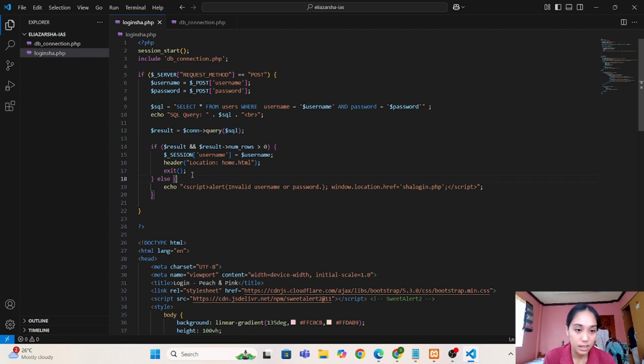Then this one, if the query finds a user, we store the username in the session and redirect them to the home page. So we have the location and we have the home page.